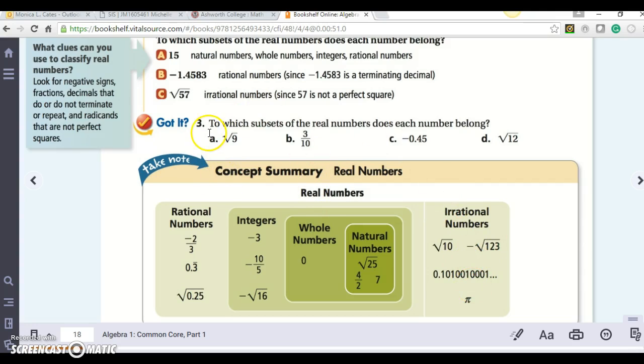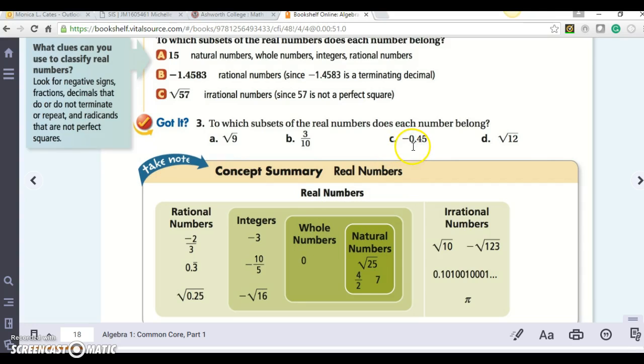So, it says, to which subsets of real numbers do these three numbers belong? So square root of 9, which is 3, it's a real number. It's a rational number because, as you can see inside my little chart, all of these are rational numbers. It's an integer, it's a whole number, and it's a natural number. 3 over 10, it is a real number, and it's a rational number because I've written it in the form of a over b. It's not an integer, it's not a whole number, and it's not a natural